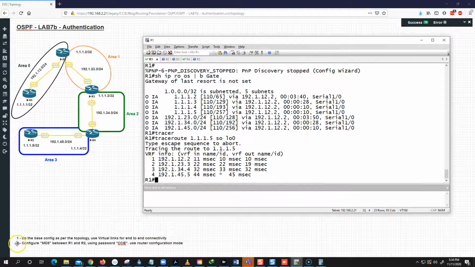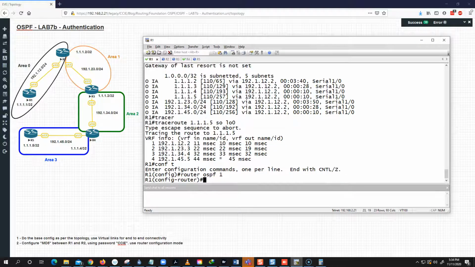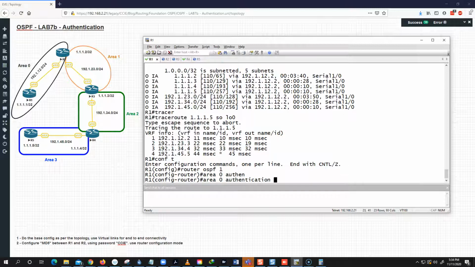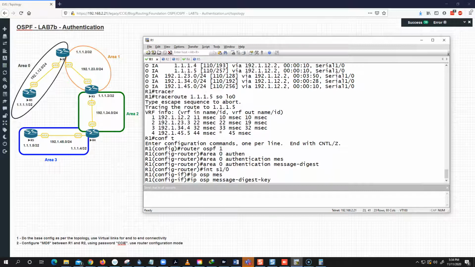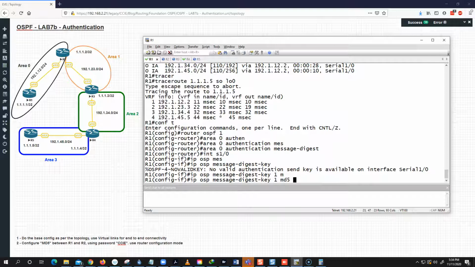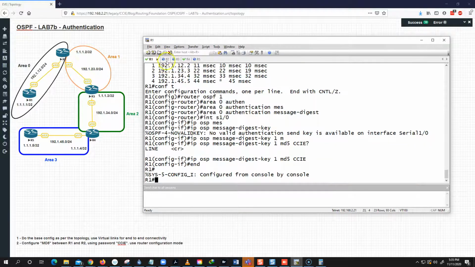Now, as per our second concept, we have to create an authentication between router 1 and router 2 using password CCIE, use router configuration mode. So that's pretty easy. We have done that in the past. If I do router OSPF 1 and I say area 0 authentication message digest, because that is what we want, and for the password we can go into serial 1/0 and we can say ip ospf message-digest-key 1 md5 CCIE, let's say, right? MD5. So I have a password here,